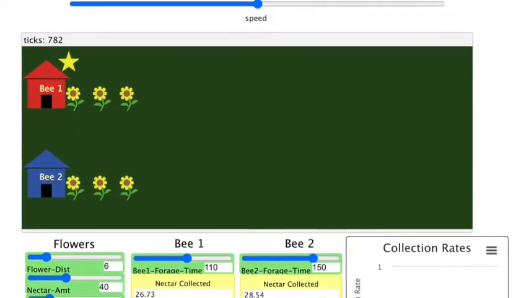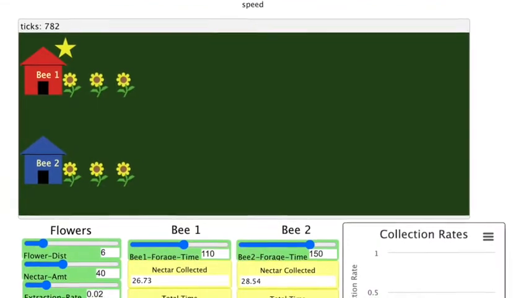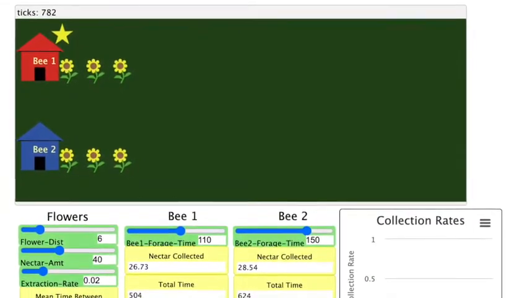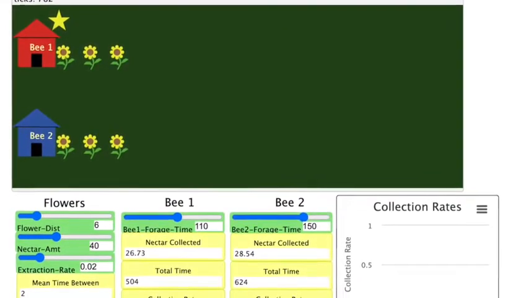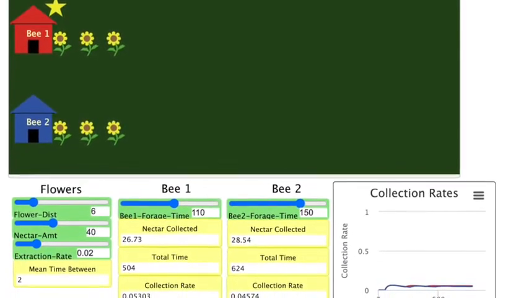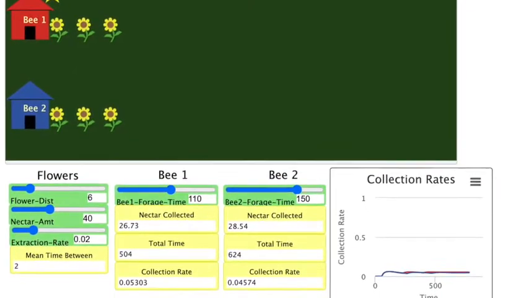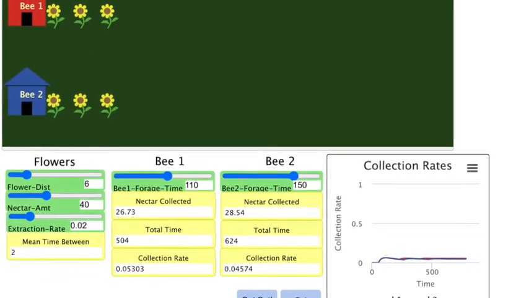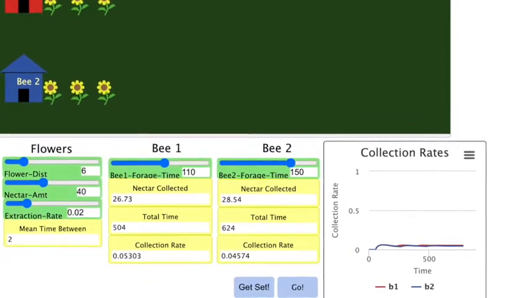One major finding was that the collection rate went up significantly due to the bees being much closer to the flowers. Another finding showed that B1 was much faster than B2, with a collection rate of 0.0530 and B2 having a collection rate of 0.0457. A pro for the honeybee foraging would be that the model was very easy to understand and therefore easy to use,